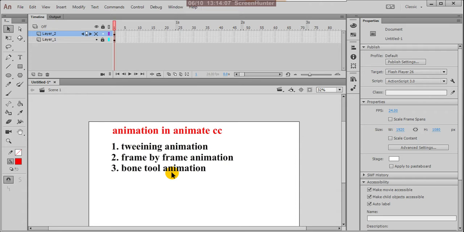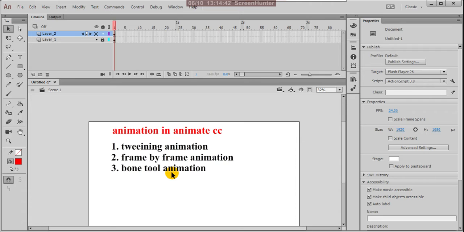If you are a good artist, having good skill in sketching, drawing, anatomy, whatever the idea, then it is very easy. Frame by frame animation is very easy because you have to draw each and every pose, all the modifications in head and body. Usually we use this with a vacuum pad, or sometimes with a mouse also we can modify frame by frame. The third one is bone tool animation.